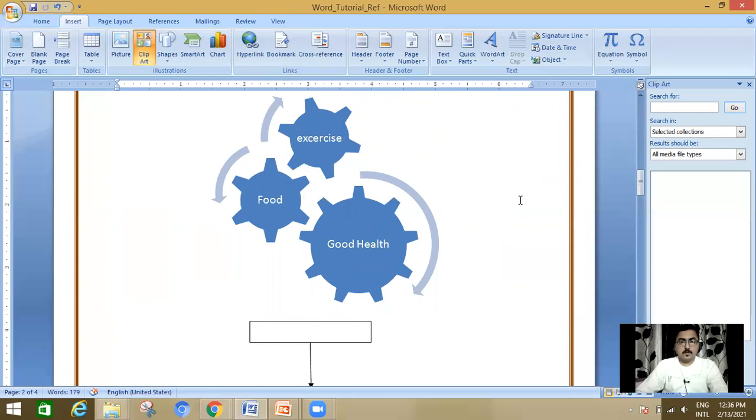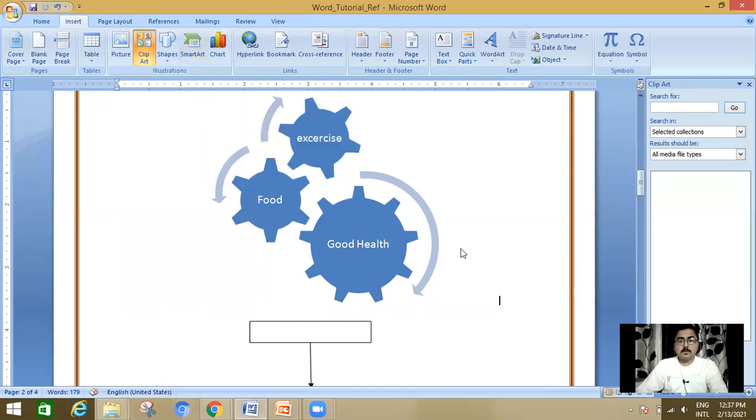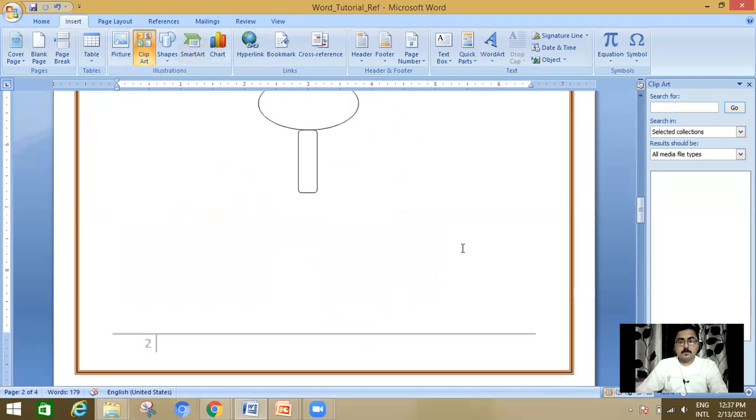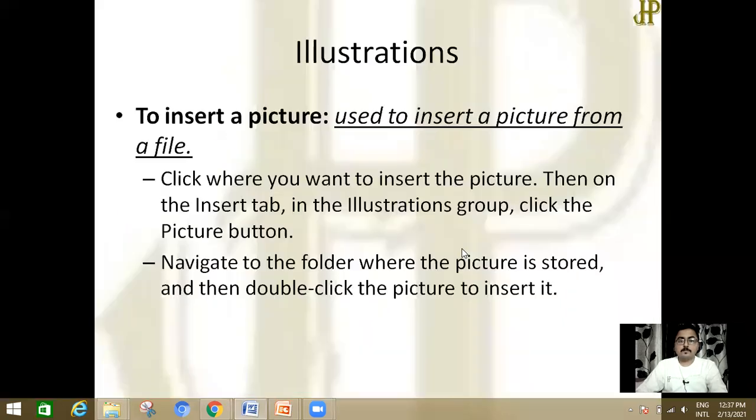If you take care of your good health, then you have to take care of your food and exercise. So by using shapes and SmartArt, you can insert a picture as per your requirement.